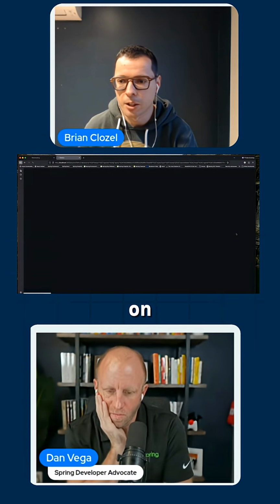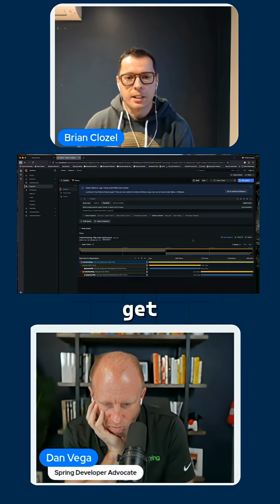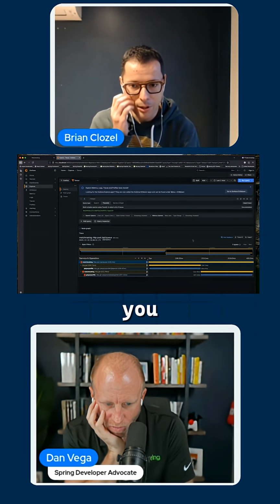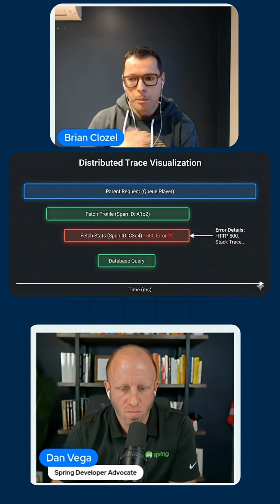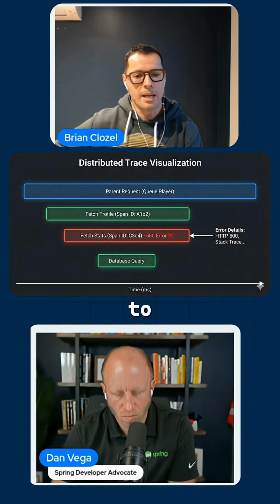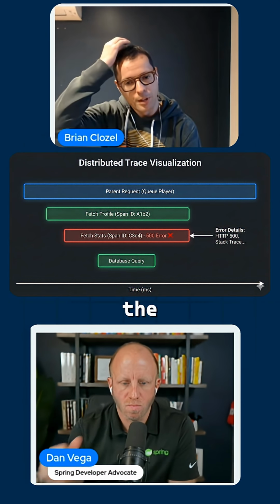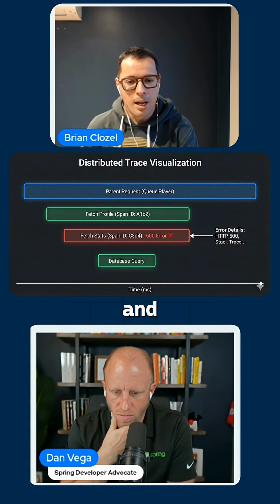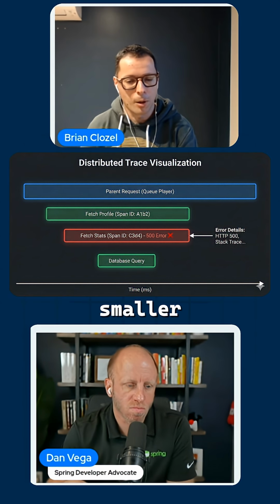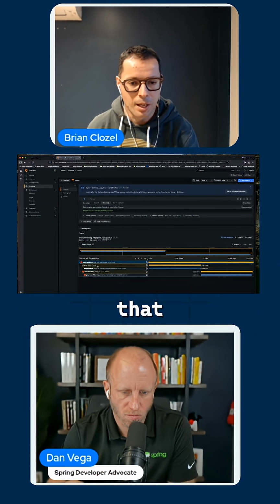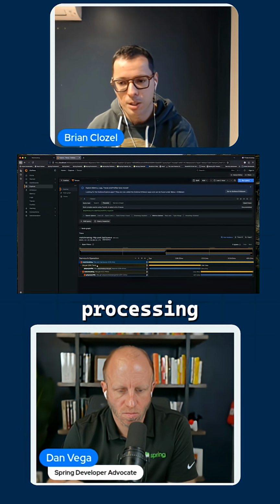And if I'm clicking on one span ID, there I get an entire trace. So if you're on the podcast, think about horizontal bars where you got one bar, which is the entire end-to-end request for the queuing operation. And then within that, you get smaller bars. It gets divided up into smaller bars where you can see that there's the HTTP processing on the main app,